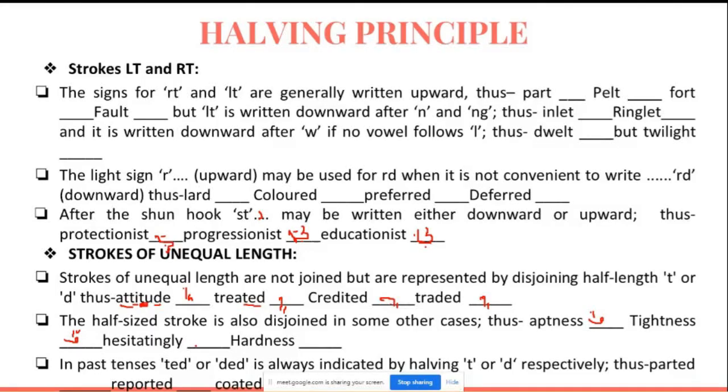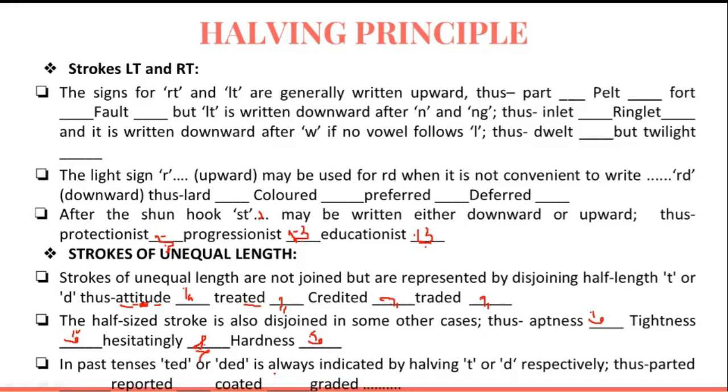Hesitatingly, hesitate. Hardness. In past tenses,